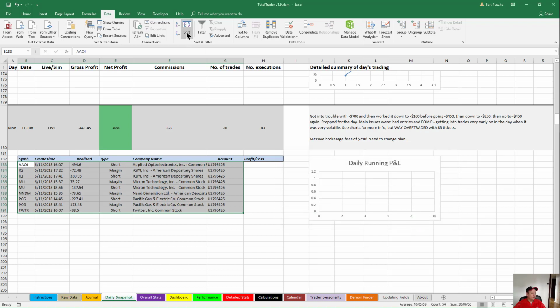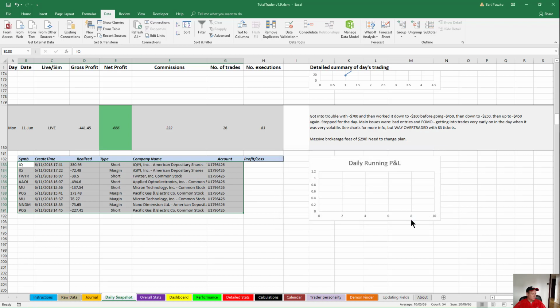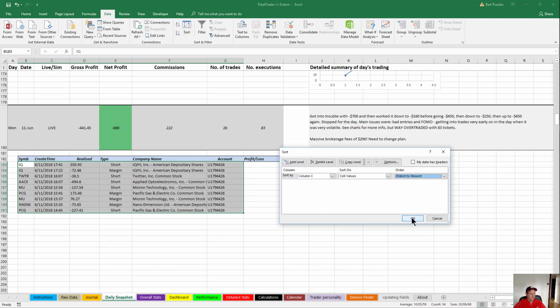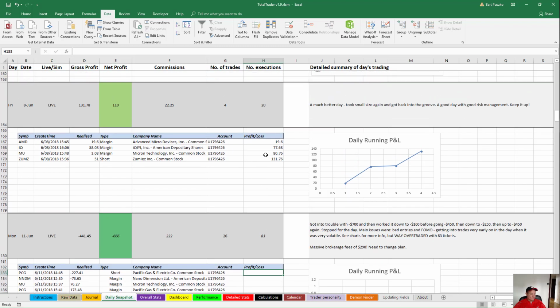Column C, my bad. Column C, newest to oldest, other way around, oldest to newest. Okay, and then once you've done that, you copy